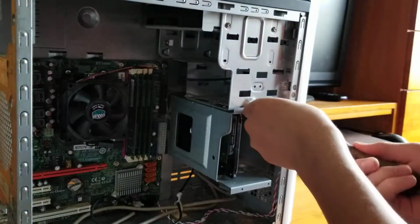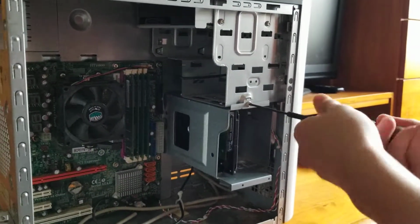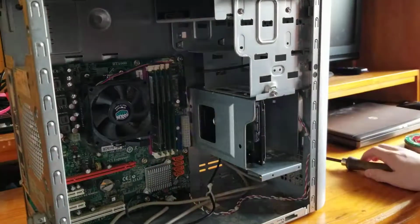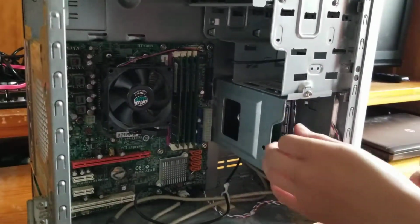Alright. By the way, we're not professionals, obviously. This is your first time, right? No, not for building a PC. I mean, I'm okay at building PCs. But...